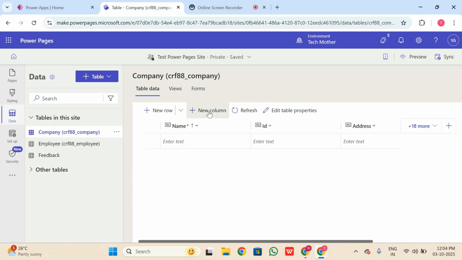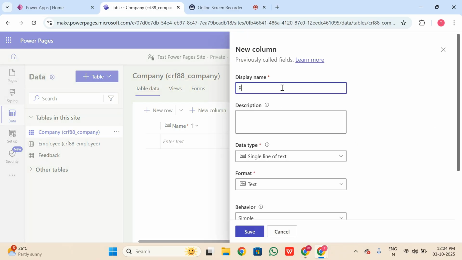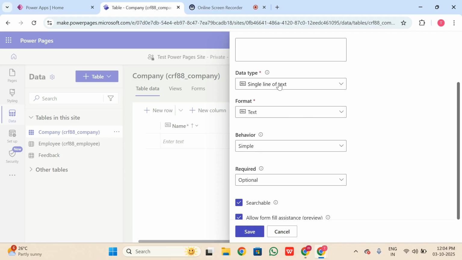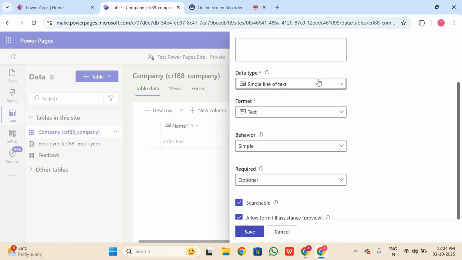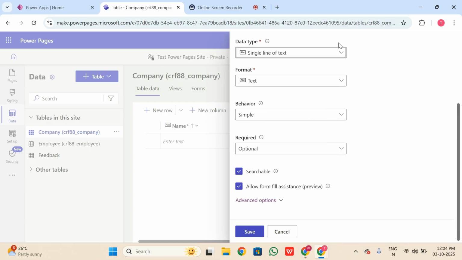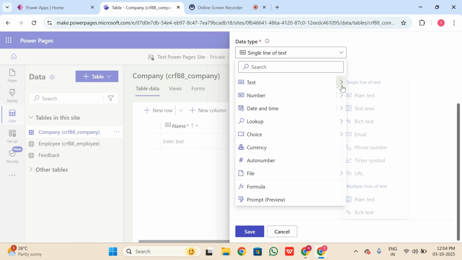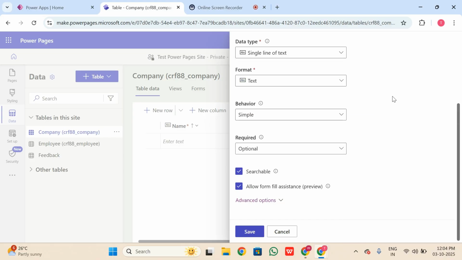After the ID I will add the phone number for this company. Company phone number. I will go for single line of text because phone numbers can sometimes be in different formats. If you want, you can select whole number.